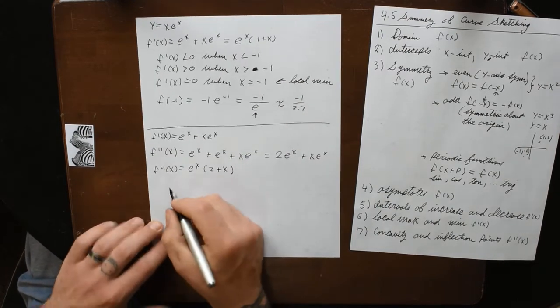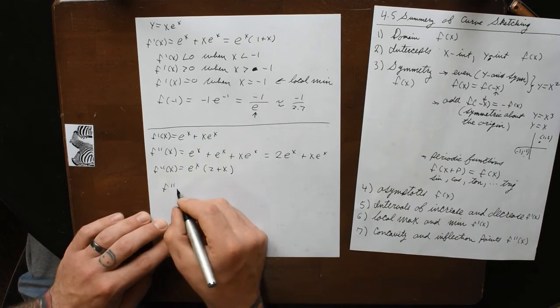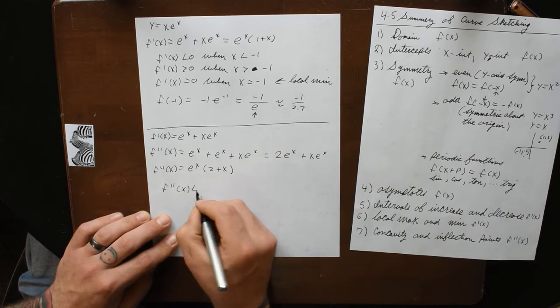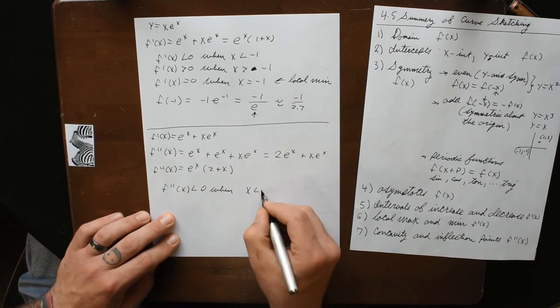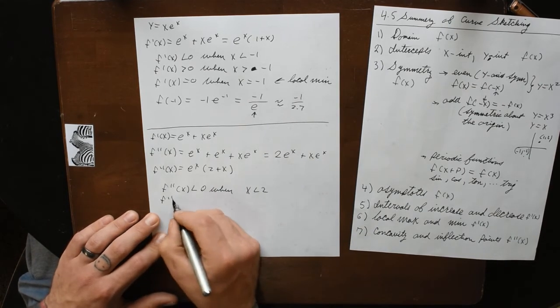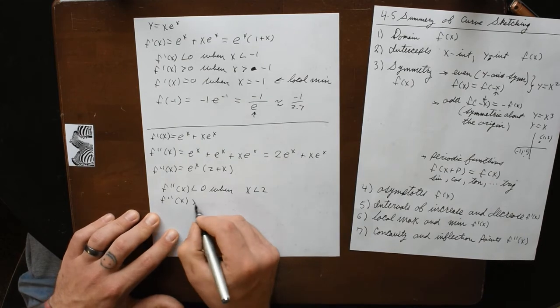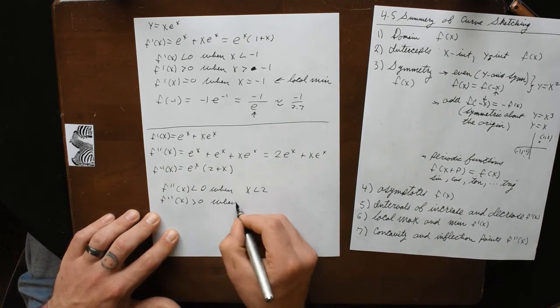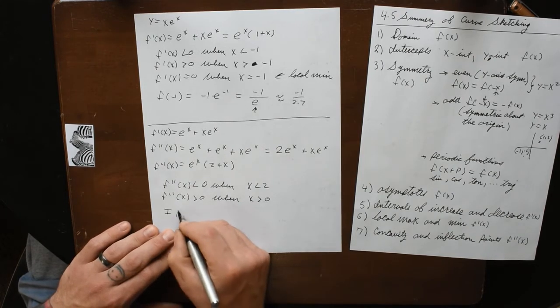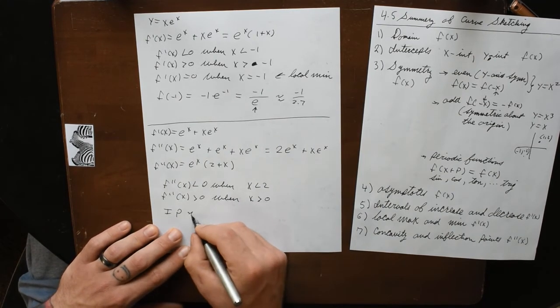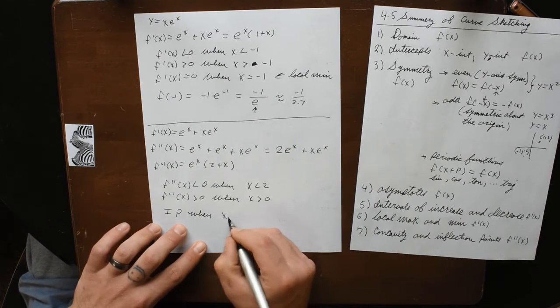So we know that we are concave down when x is less than 2, and we are concave up when x is bigger than 2, and we have inflection point when x is equal to